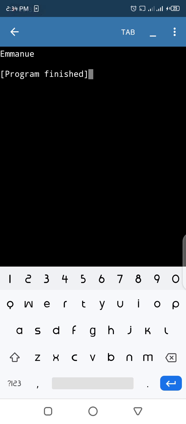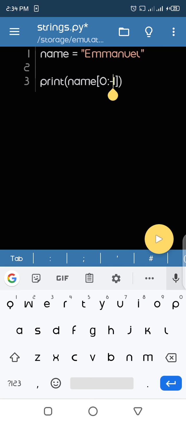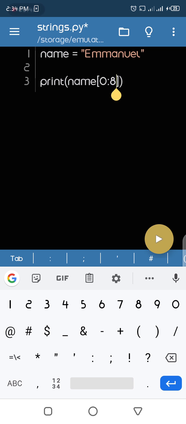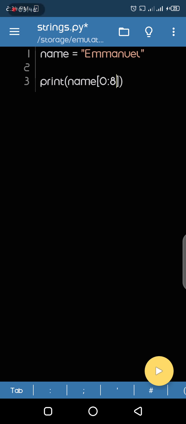To print out Emmanuel, same thing. So it prints out everything. Now 0 colon 8 gives me everything. Please, I want you guys to understand because I don't know how to explain very well. This 0 colon 8 gets me everything in Emmanuel.